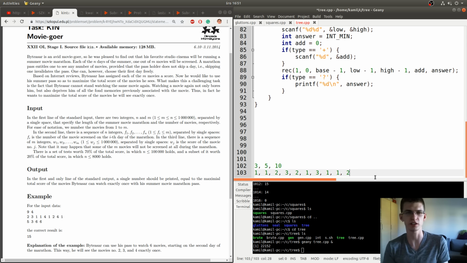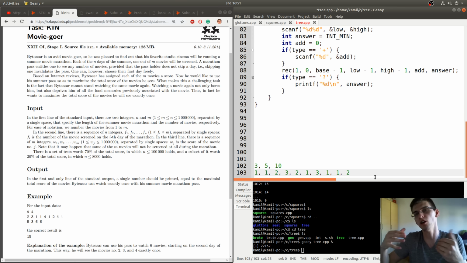So first we initialize that like that. For every movie we find the interval of ends for which we would get plus something to a score. And then we ask about the best possible ending. So in the whole sequence, among all indices to the right, what is the best one? The one giving the best possible score.